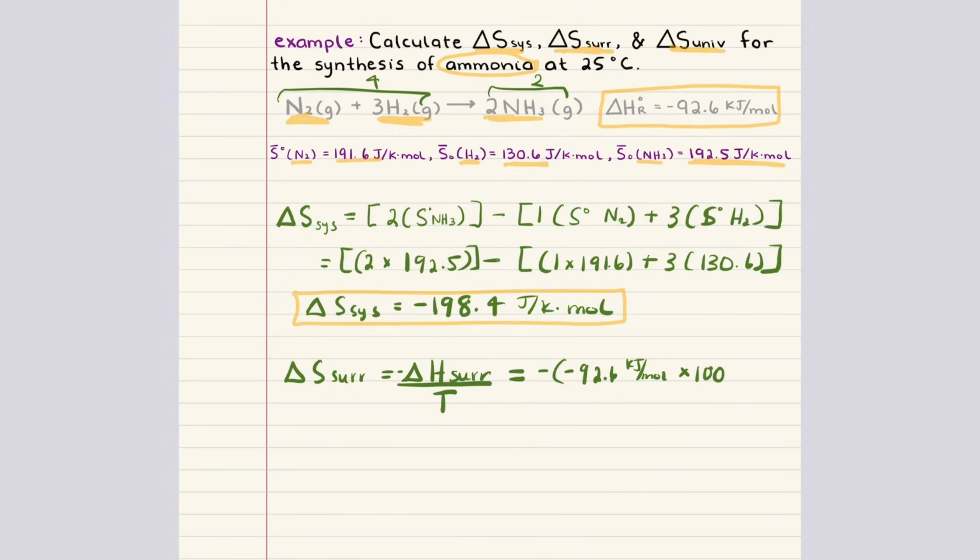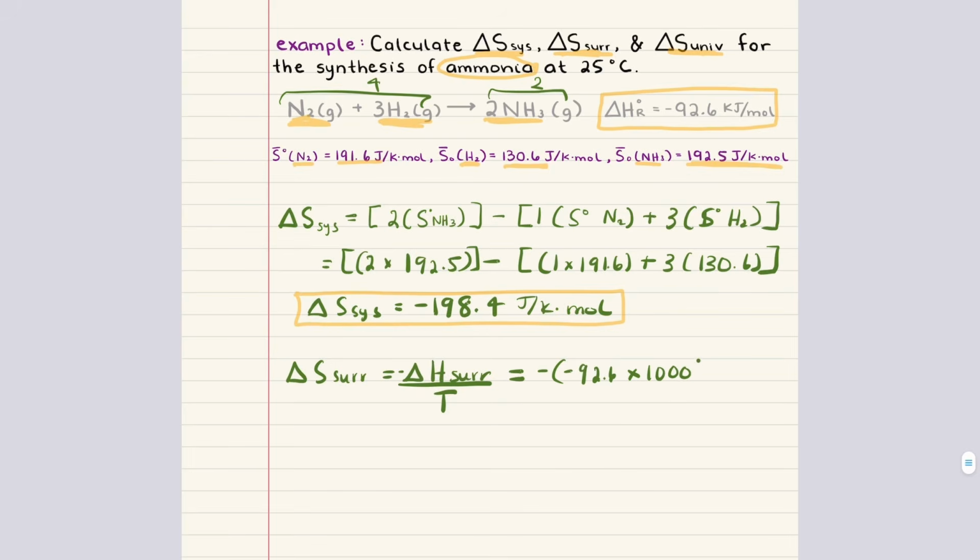So delta S of the surroundings equals minus delta H of the reaction divided by the temperature. Substituting the numbers in gets us minus of the negative 92.6 kilojoules per mole divided by 298 Kelvin. Now, if we want to make sure we get our answer in units of joules so that it matches the answer we got for delta S system, we want to go ahead and multiply 92.6 kilojoules per mole by 1,000. That's going to get us